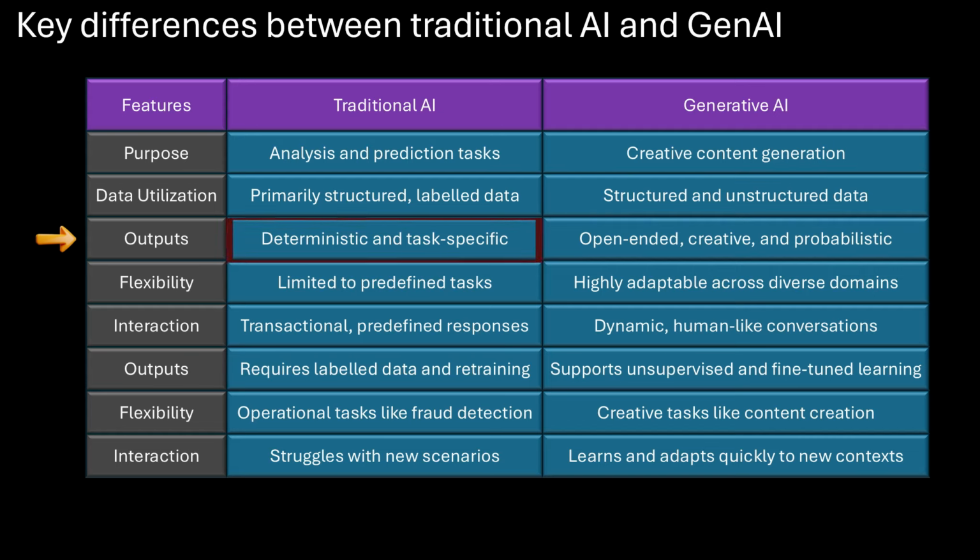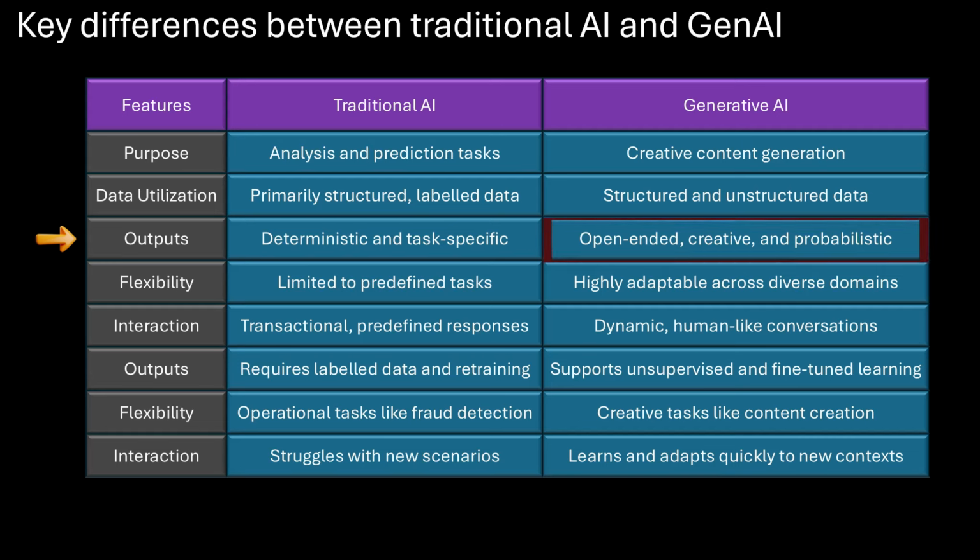Traditional AI produces deterministic and task-specific outputs such as classifications or predictions. Its results are focused on solving specific problems with defined outcomes. For example, an AI model can classify transactions as fraudulent or legitimate, whereas generative AI generates probabilistic, creative, and open-ended